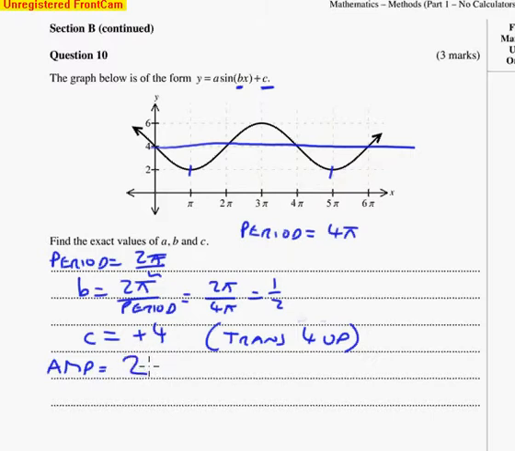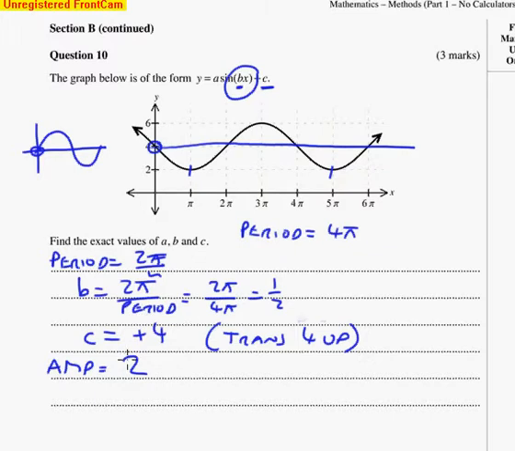But that's not what a is, because you can see here this curve, if I have a normal sine curve, starts like this. Starts off at this point, which is on the way up, but here on the y-axis we're on the way down. So it looks like we could have had a translation sideways, except that in our equation there is no translation sideways, so in which case we must have been dealing with a reflection to turn the original one upside down to get this being on a downward slope. So in this case we've had to have a reflection in the x-axis, which means we've got a negative in front of